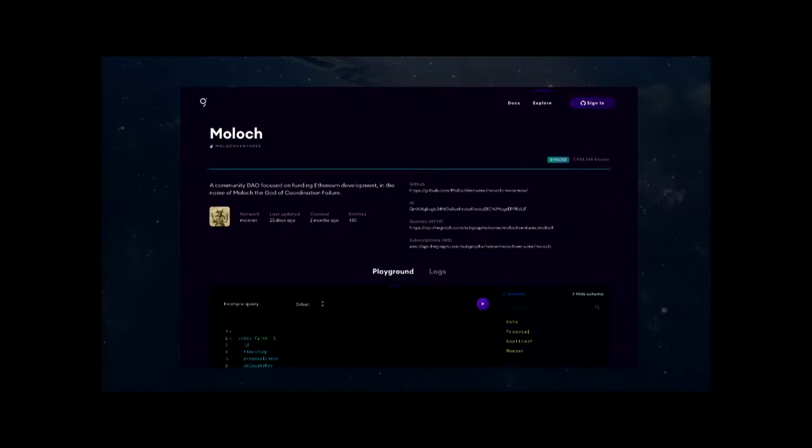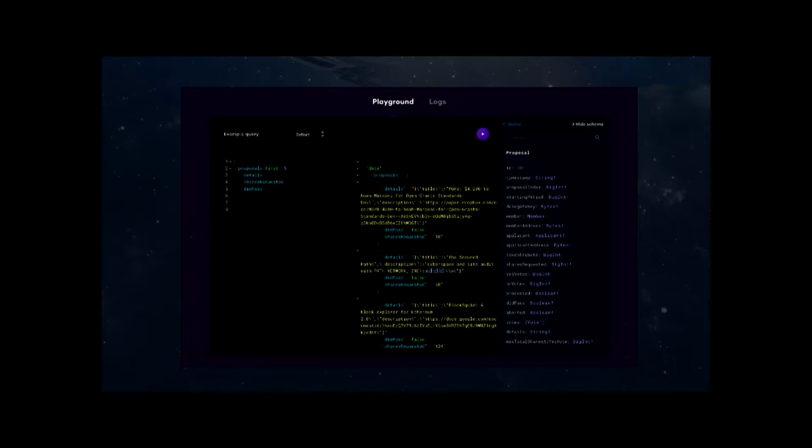If you check out, for example, the Moloch subgraph, Moloch is a DAO for funding Ethereum infrastructure. If people have some idea for some cool new infrastructure piece to build for Ethereum, they can apply for a grant, and all of this data is being indexed on The Graph. If you check out one of these subgraphs, you can go through and see, for example, the shape of the data, and then this on the left. I don't know if you can see this.